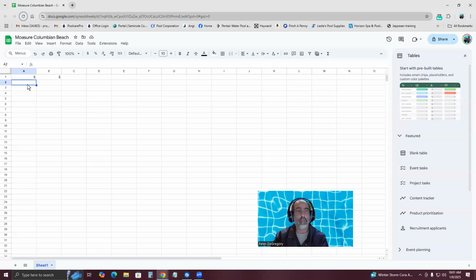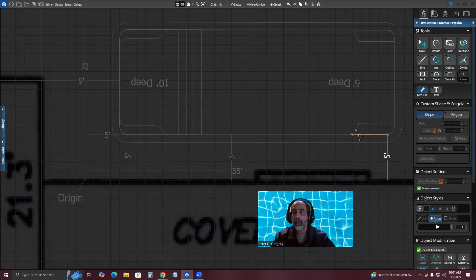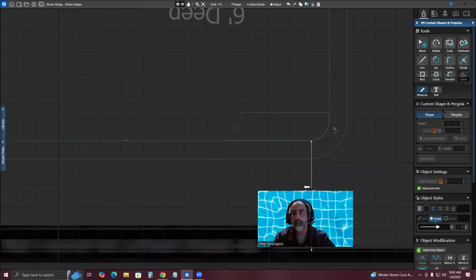And we're going to rinse and repeat and do that for all the plots that we need on this pool. And go back to VIP 3D. Next, we're going to do the next plot, which is going to be right there. Okay. And we'll just call this